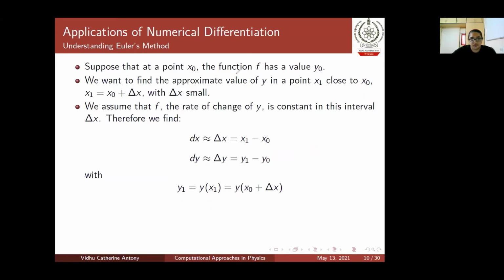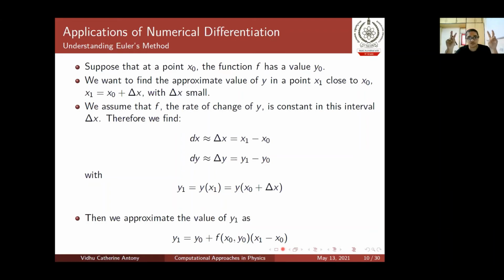Okay, so let's go on to this. What do we do? We approximate the value of the function. You're going to be approximating this based on the slope value that you get. So what are we writing this f of x naught y naught as? That is actually the function itself. That is actually the slope itself, right? So what did we have in our